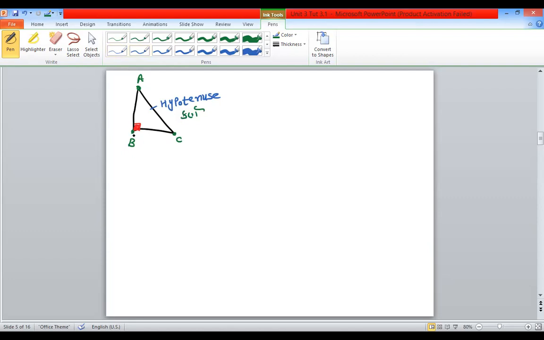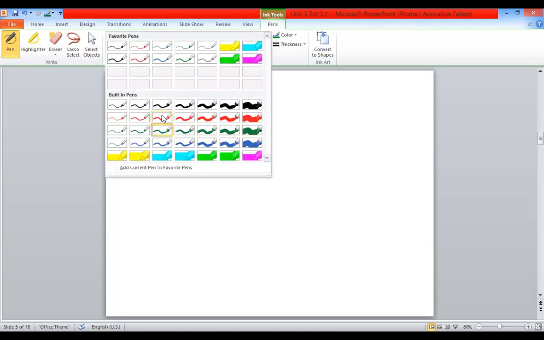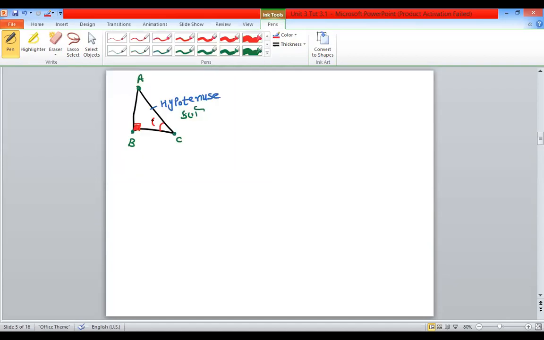Now the value of B is known. Everyone knows the value of B. We have two other angles, A and C, which are different. We don't say anything about the value of angle A and the value of angle C. So what we can do is find them, since we don't know the values of these two angles. So let me suppose this angle is theta. We don't know the value of theta, but theta is an unknown angle. Now this theta, whose opposite side is known as the opposite side.